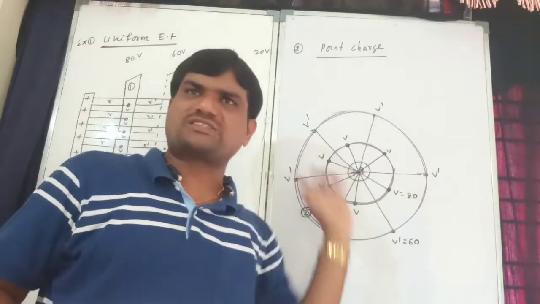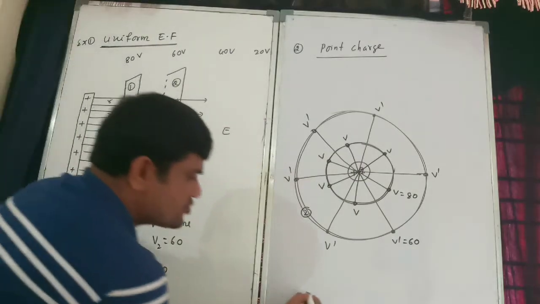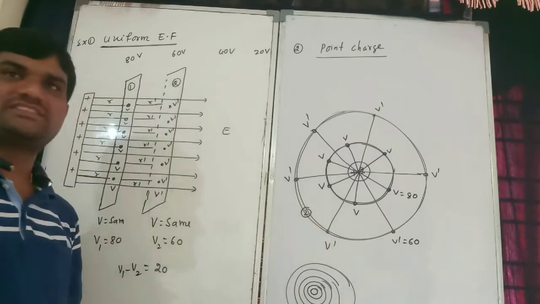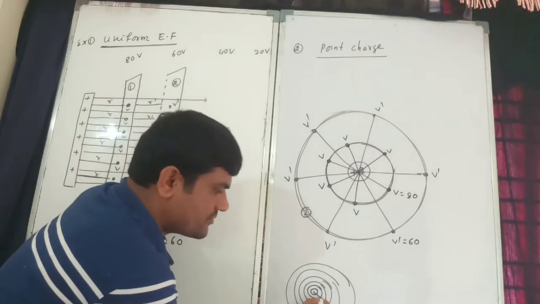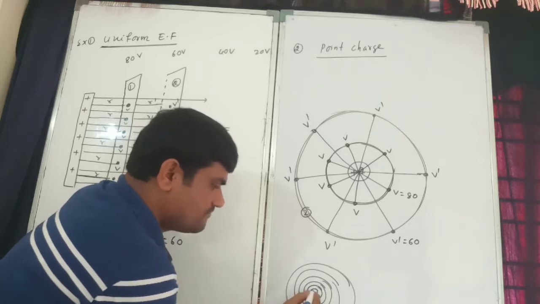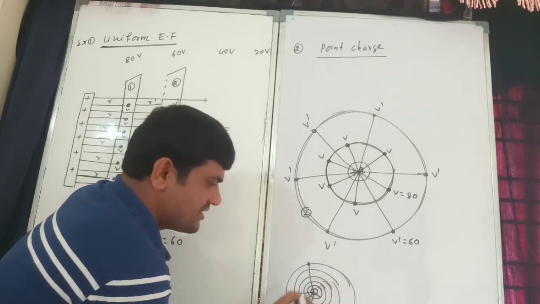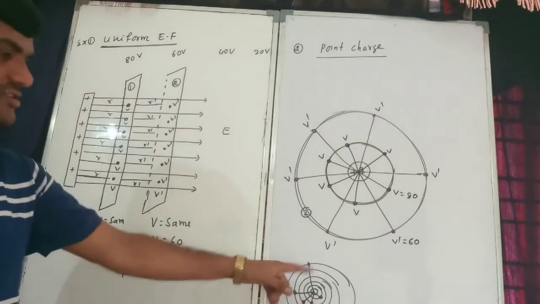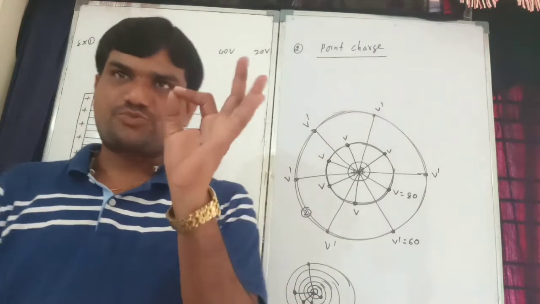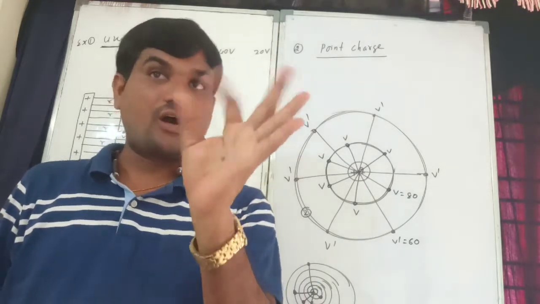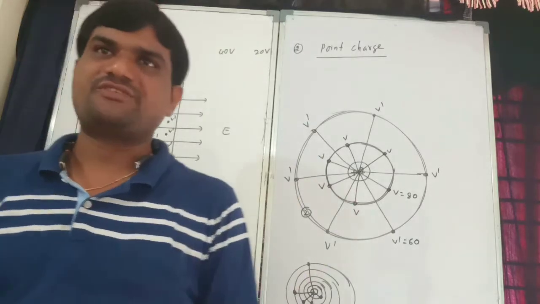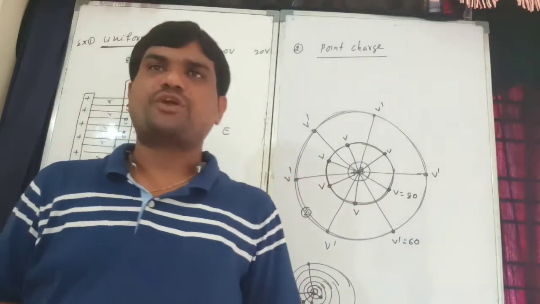Again one more circle, like that. So I can draw first circle, second circle, third circle, fourth circle. Correct? Like that itself. So from here to here, same charge, same potential, and same potential here. Wherever you see on this surface, potential is same. That type of surfaces are called equipotential surfaces. That's it. This is the information about equipotential surface.